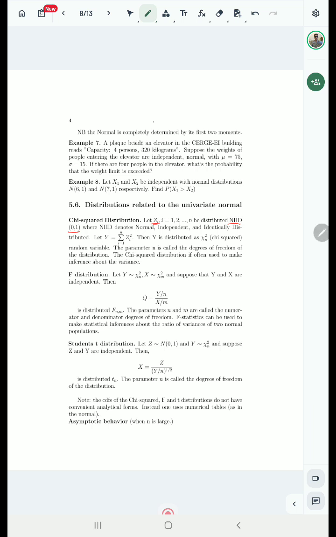Okay, then the quantity, which is the summation of squared standard normal variables, that is going to be chi-squared. That quantity is going to have chi-squared distribution with n degrees of freedom. That is the important parameter of this distribution. If you remember, for normal distribution, we had two important parameters, which define everything about the normal distribution, right? Mean and variance. In the case of chi-square distribution, the degrees of freedom parameter is the only parameter that we need to define